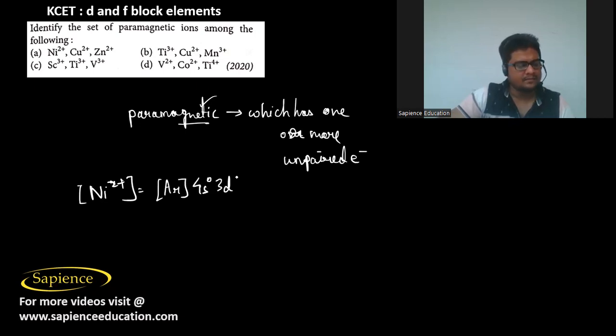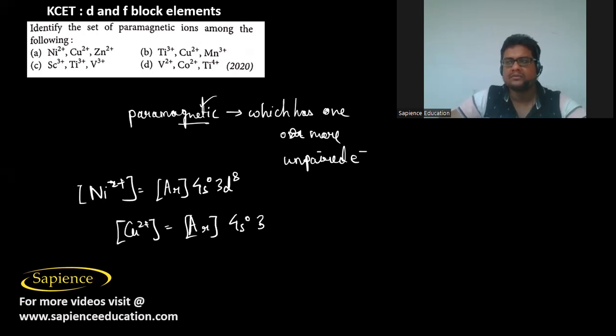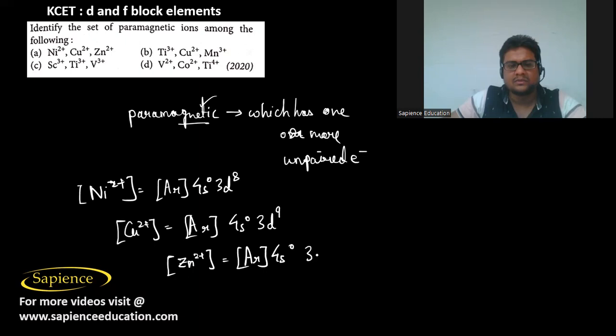4s0 3d8. And the electronic configuration of Cu2+ is argon 4s0 3d9, and the electronic configuration for Zn2+ is argon 4s0 3d10,